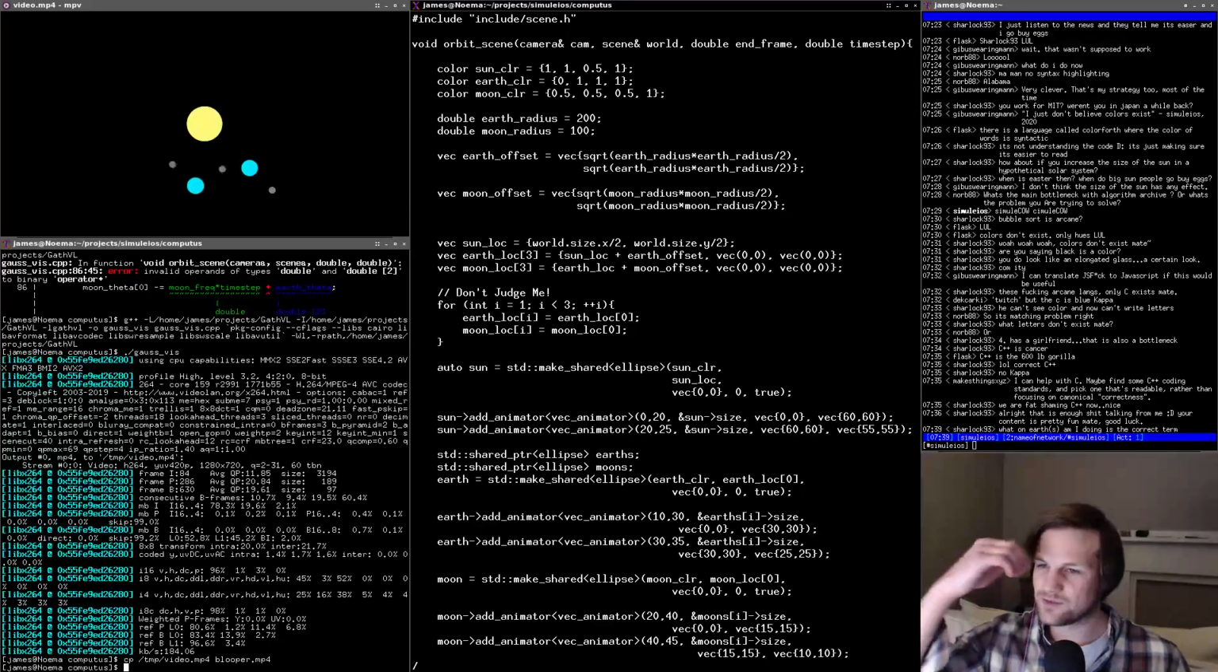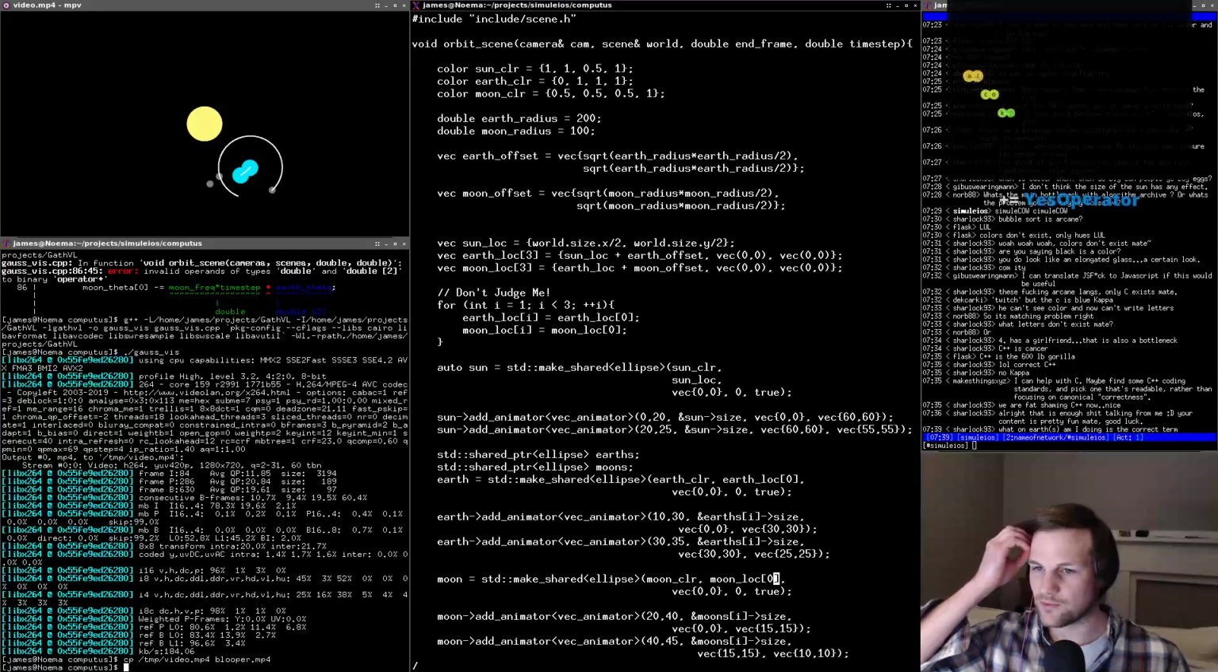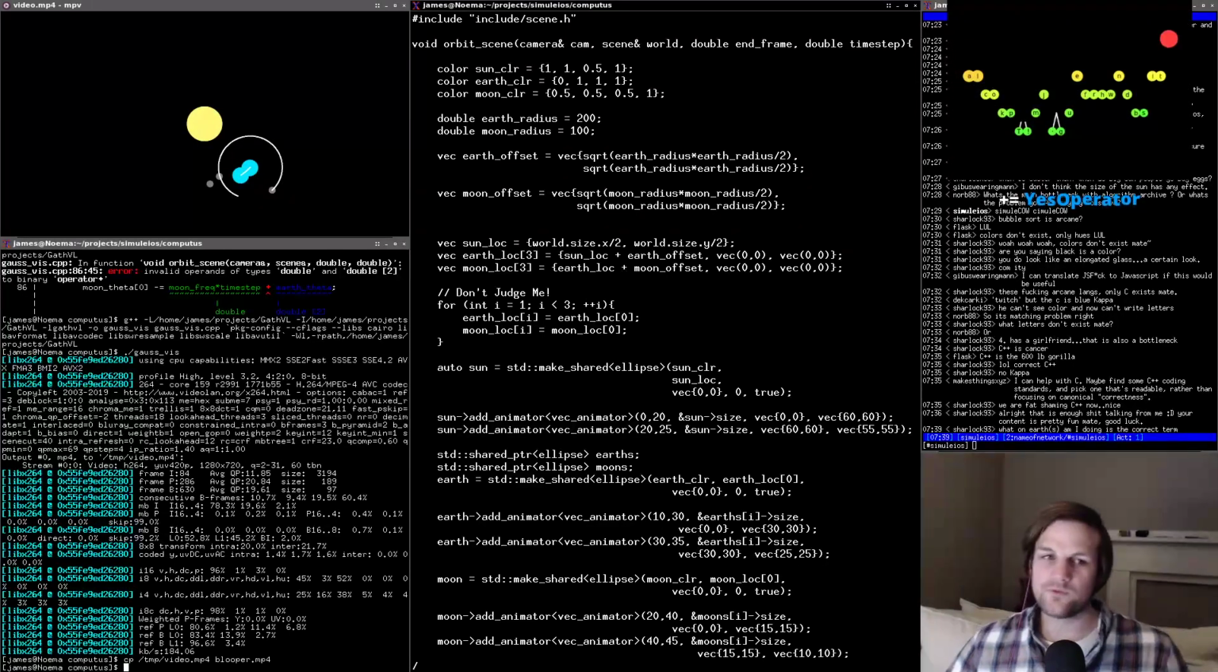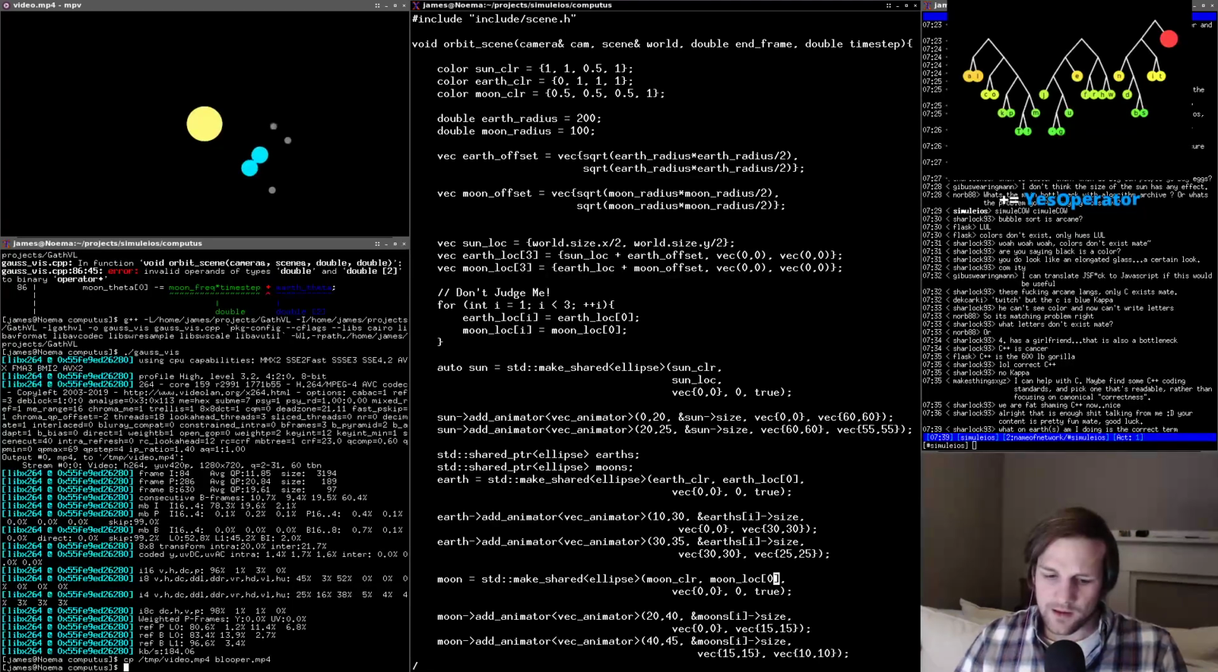I can help with C++. Maybe find some C++ coding standards. Pick one that's reasonable rather than focusing on canonical correctness. Right, so if we could talk about that for just a second. The issue with C++ in particular is that,